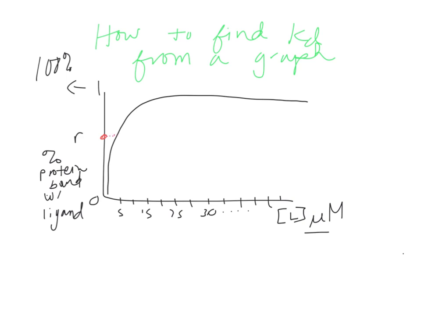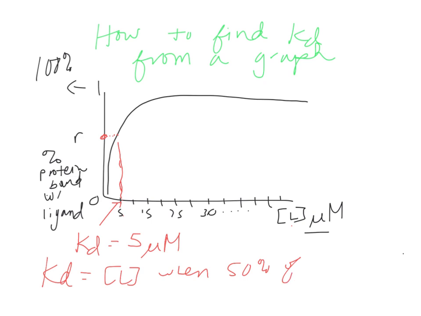Figure out where, draw a line over until you hit the curve, and then drop that down to the x-axis. Okay, so where this comes down and hits the x-axis, that is your KD. So roughly here, my KD is 5 micromolar, because remember, KD equals the ligand concentration. Okay, so 5 micromolar represents ligand concentration because it's on the x-axis when